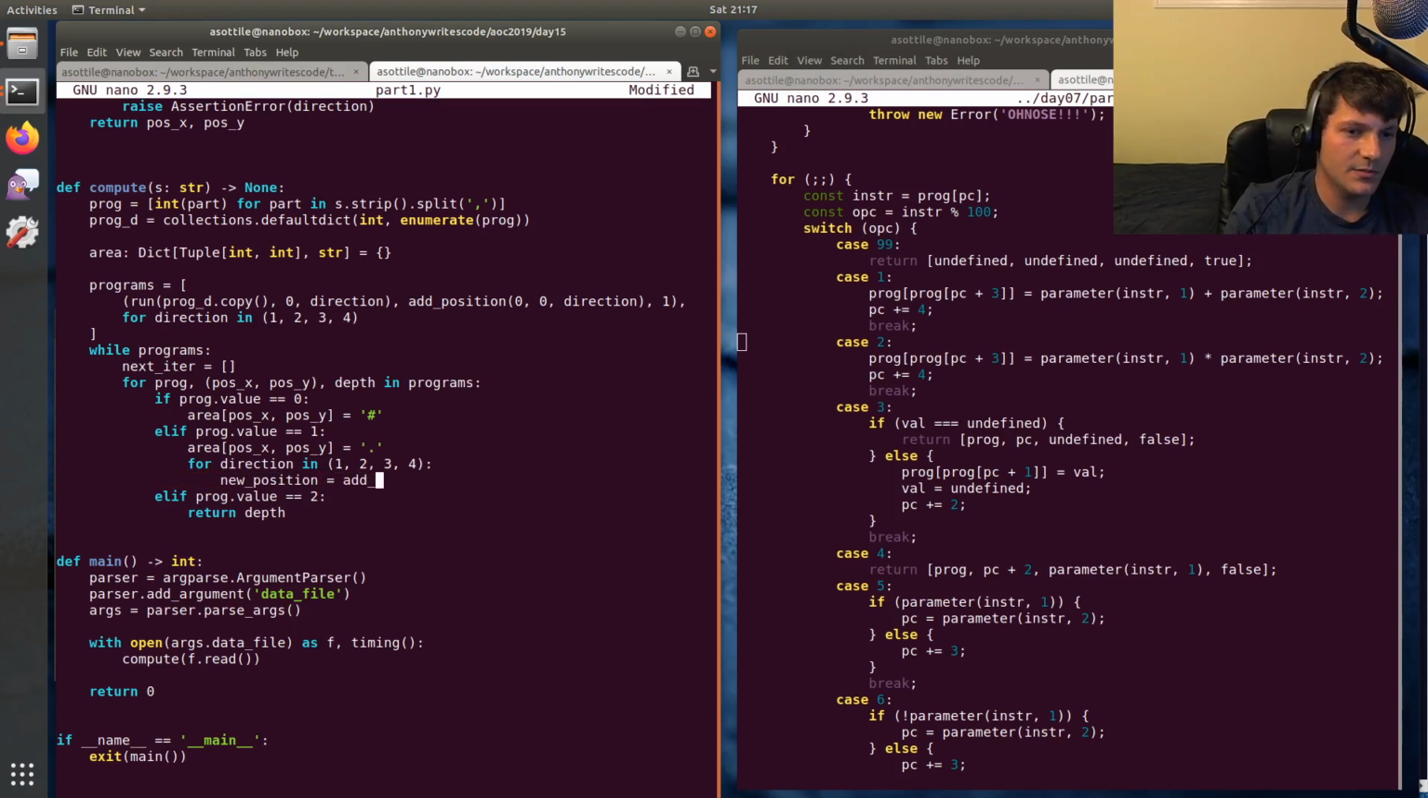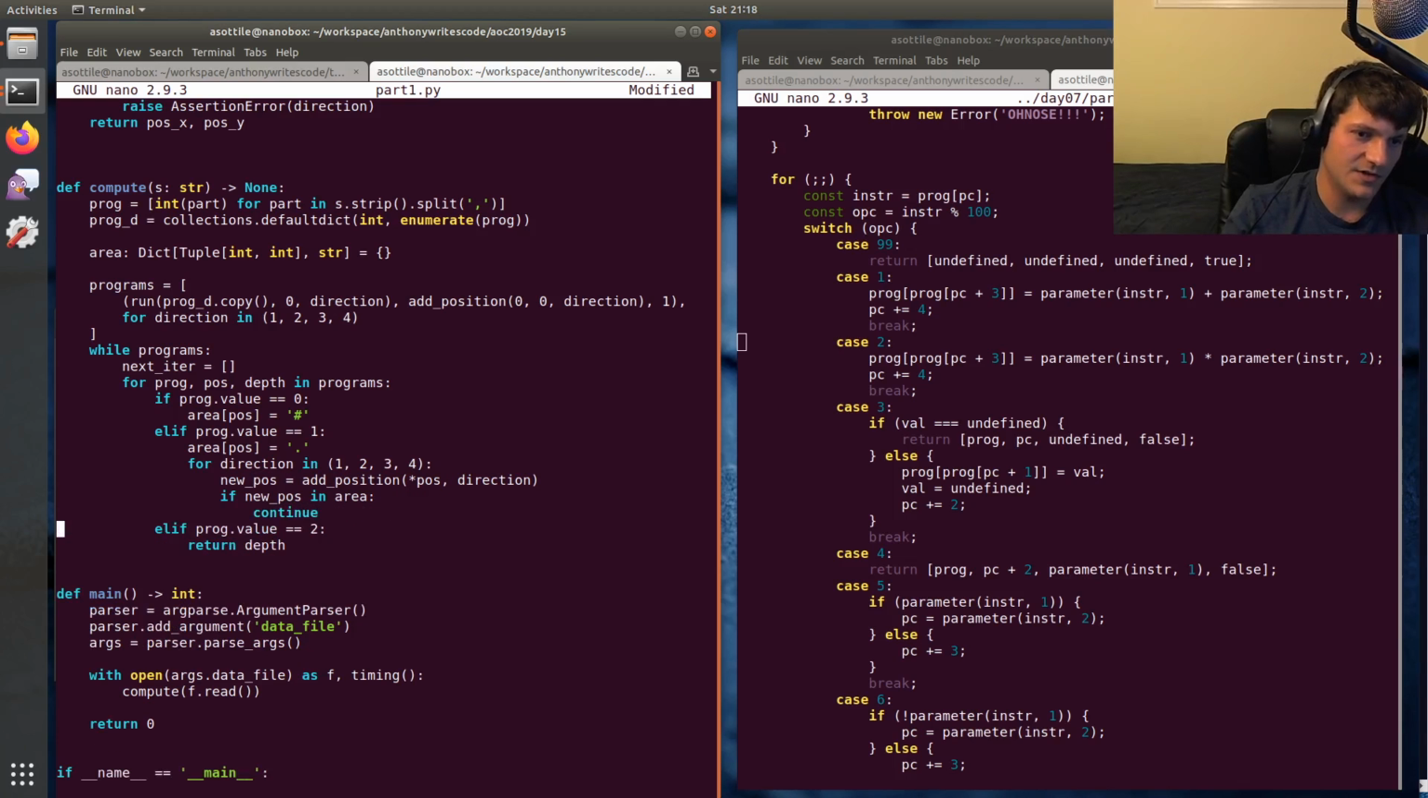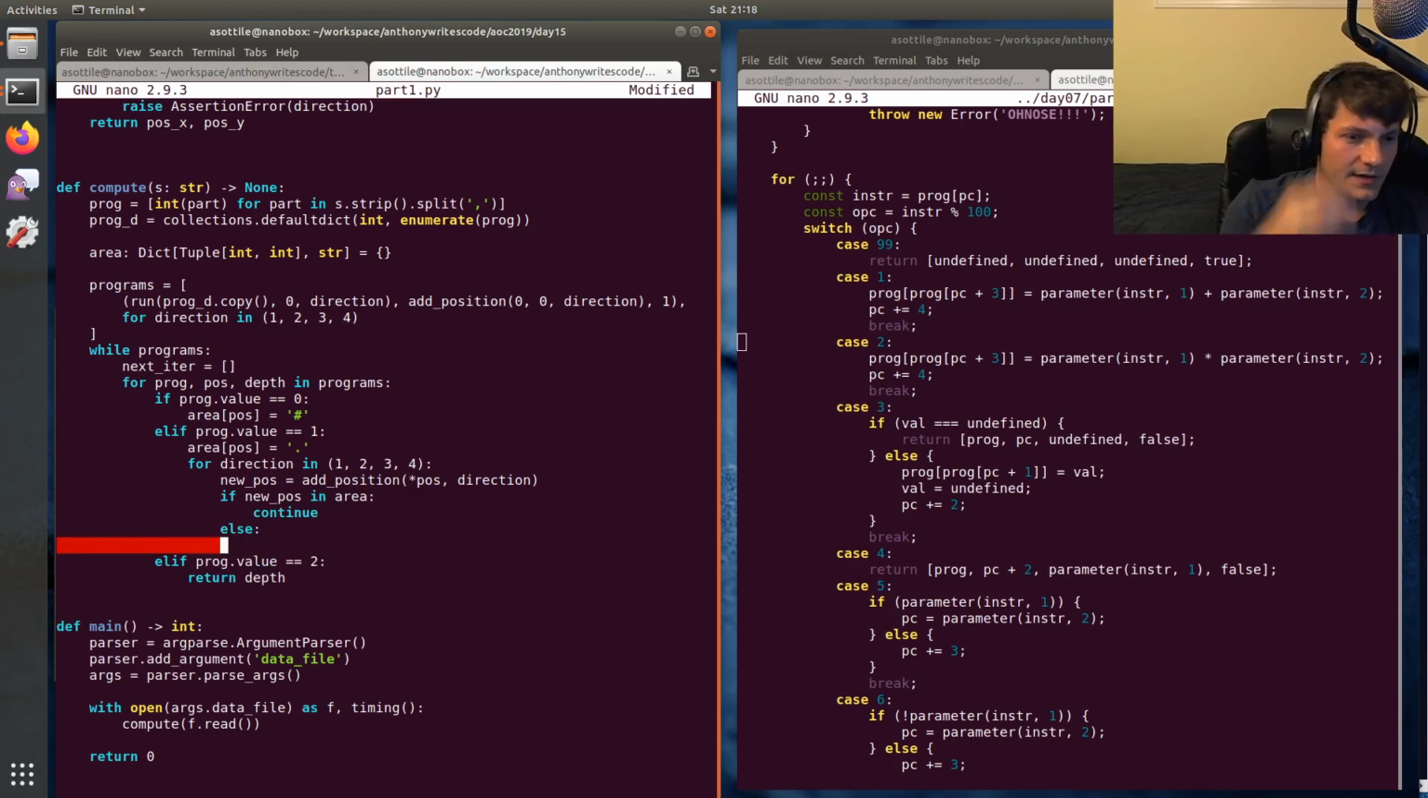New position equals add position. We don't actually look at this individually, so let's call it pos. Add position, pos, direction. If new direction, no, it'd be new position, not new direction. If new pos in area, then continue. This means we've already reached that square. Otherwise, next iter.append, where we'll call the program